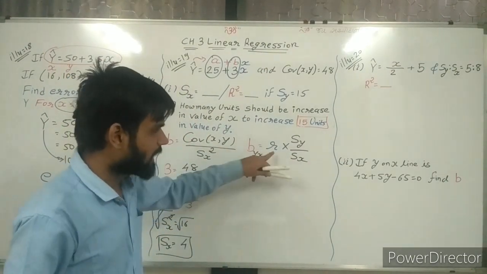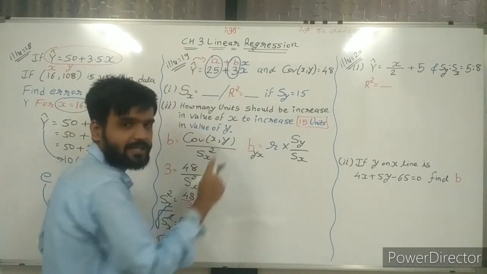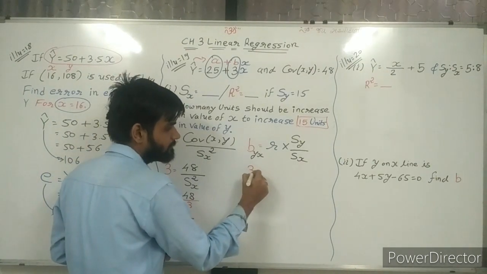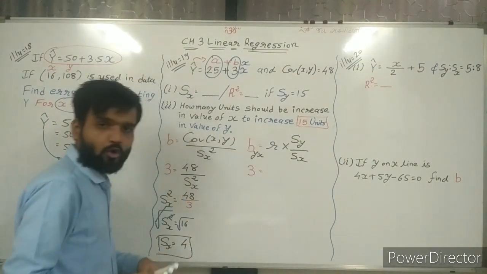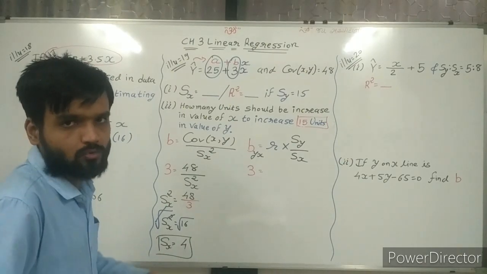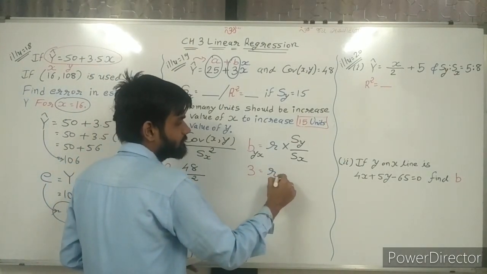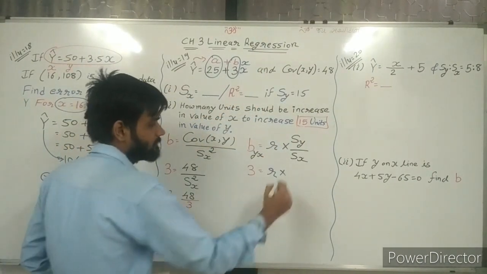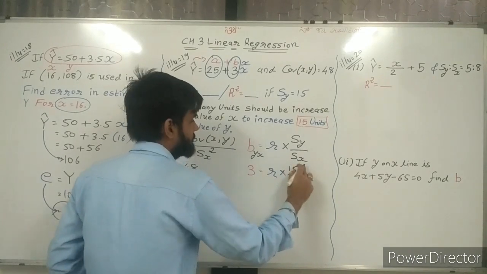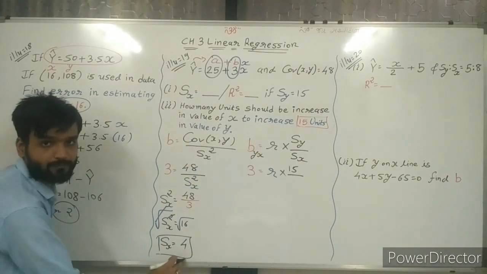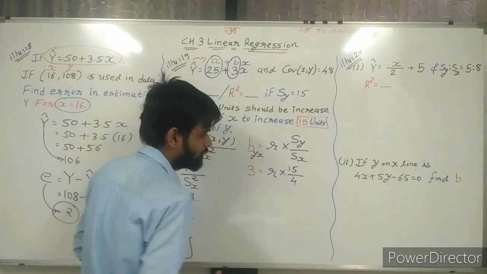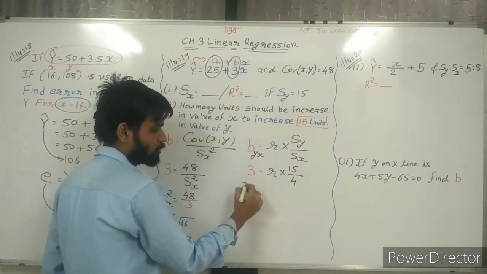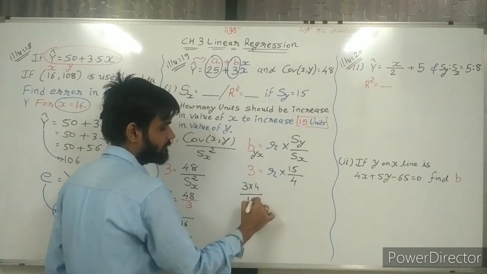Now sir, how can we find r? Simple. b by x. We know the value of b is 3, so write down 3 first of all. Do we know the value of r? No sir, we don't know, so write r as it is. Sy, here written, is 15, so 15. Sx we have found here is 4. Now multiply 4 with 3, with 15 in the denominator. So 3 into 4 divided by 15.